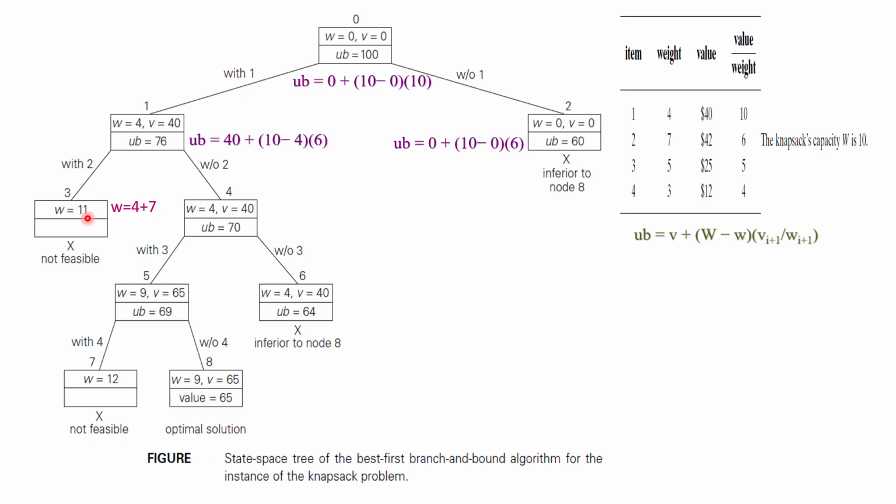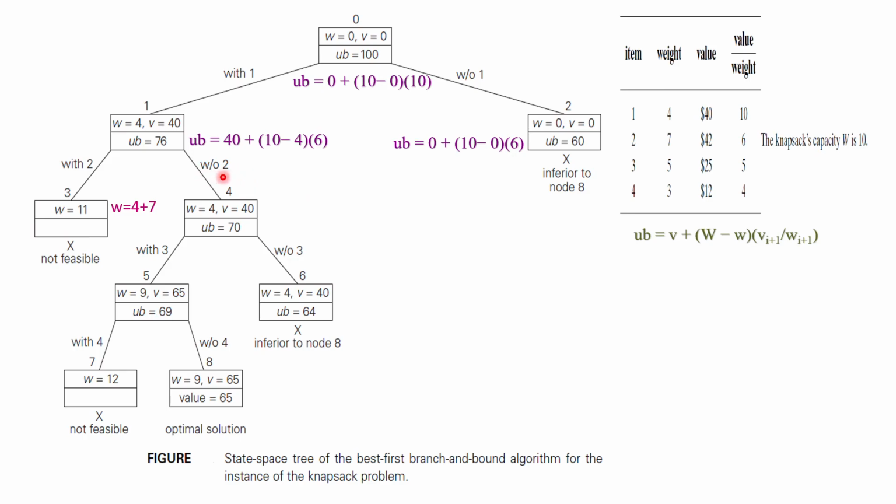But your capacity of the bag is what now? Knapsack capacity is 10. Is it possible to place the weight of the items as 11? As I told earlier, the weight of the items must be within the capacity of the bag here. So your bag capacity is 10. It exceeds that weight here. So that's why it is not possible, not feasible. So now it is not possible to place this item. That's why it is not feasible. I'll discard this part.